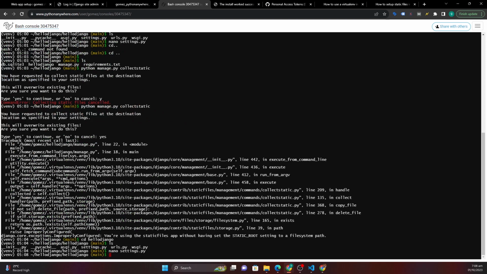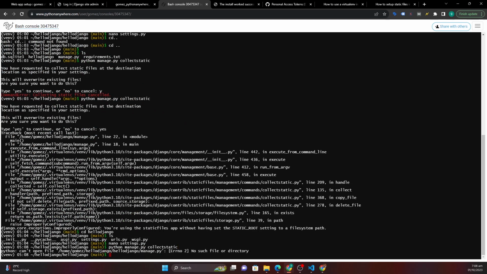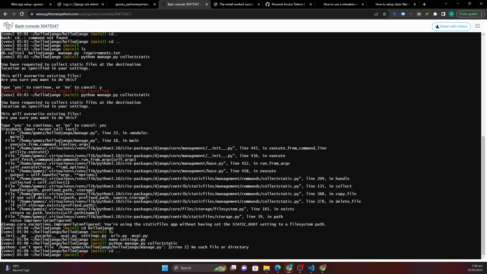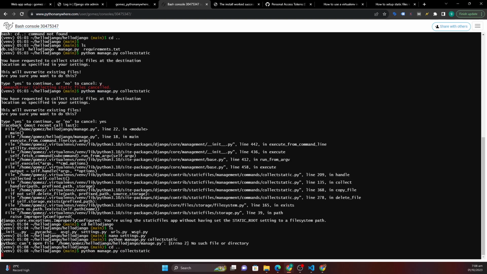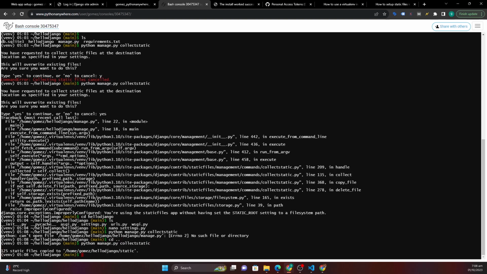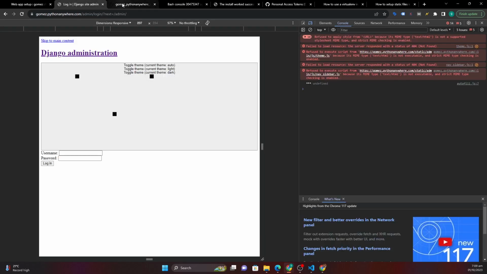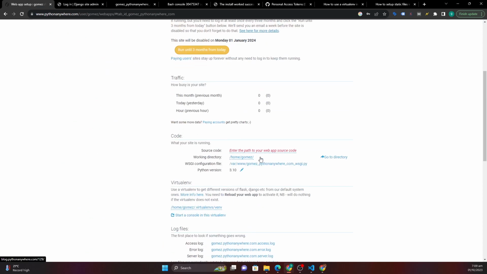Once I've done that, I will run collectstatic again. So let's see. Okay, so I need to go back to the root and then run collectstatic. Okay, it says 125 static files copied to this path. So what I'm going to do is just copy this path. Let's copy this path and then go back to right here